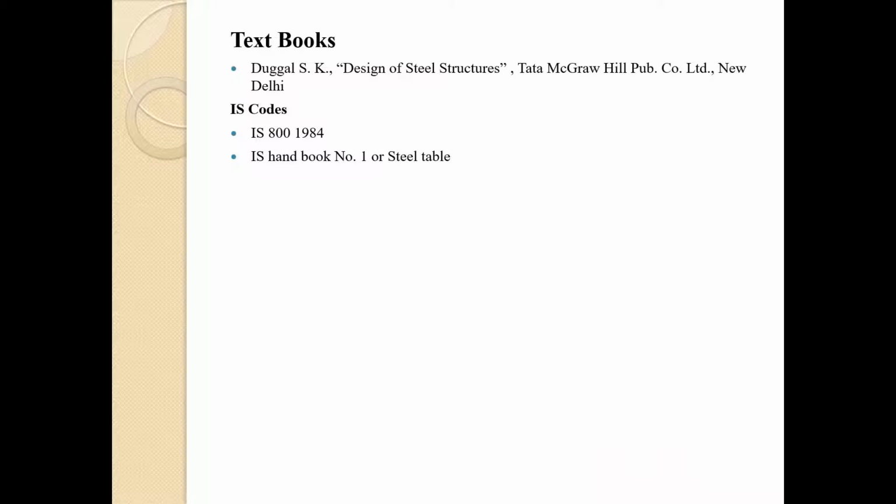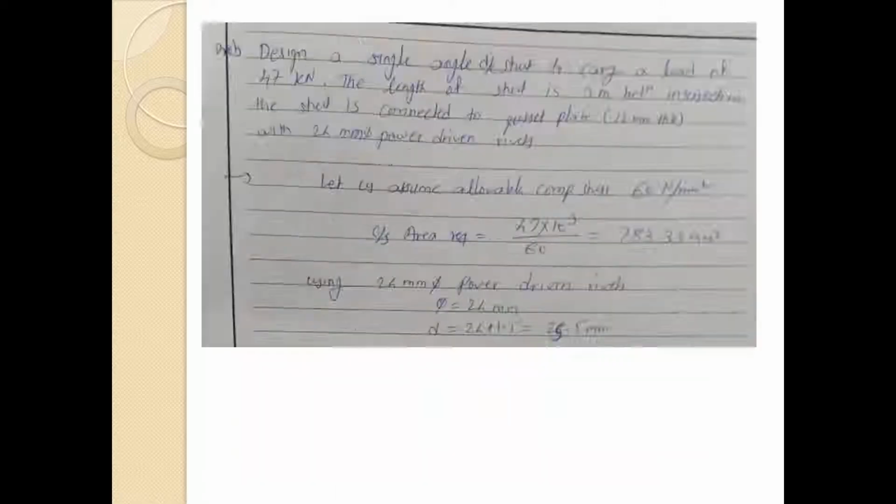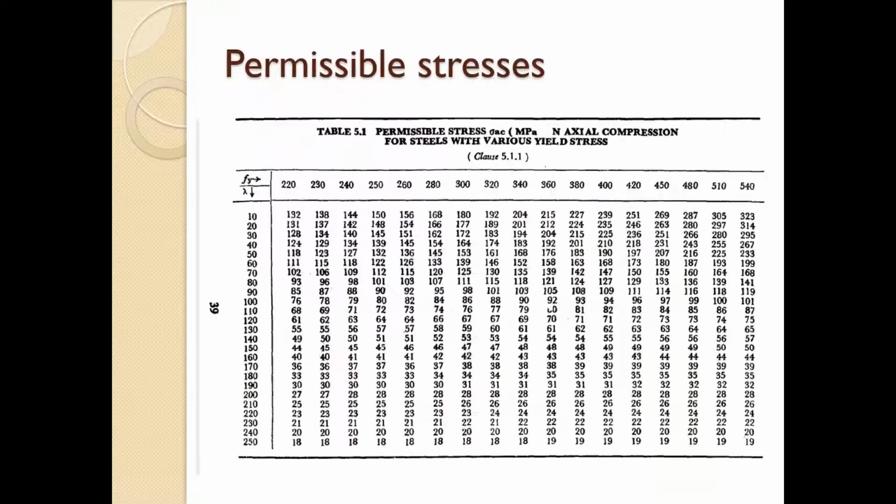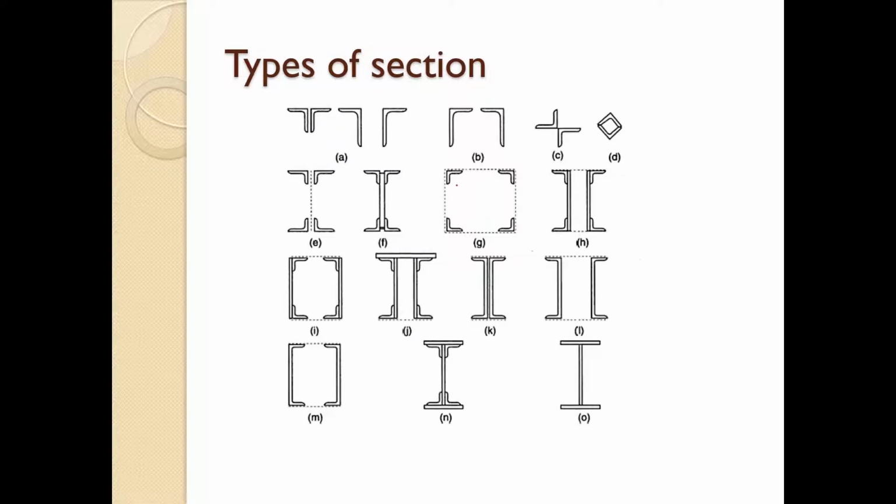So this is the design procedure of the particular compression member, particularly the strut. The same procedure can be followed for the design of a column itself. In coming chapters, in the second section, we are going to see the detailed design of the columns, even for the built-up sections that we have seen over here. So these are the built-up sections. So how to design these built-up sections?